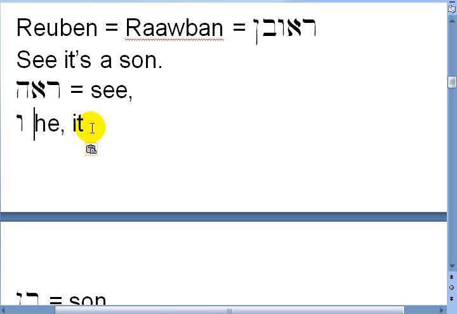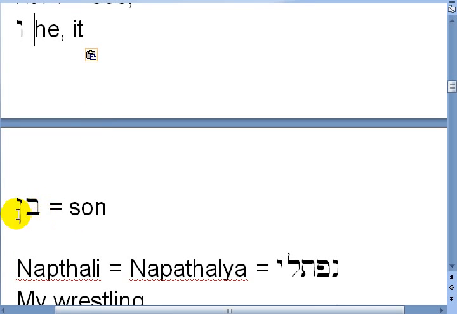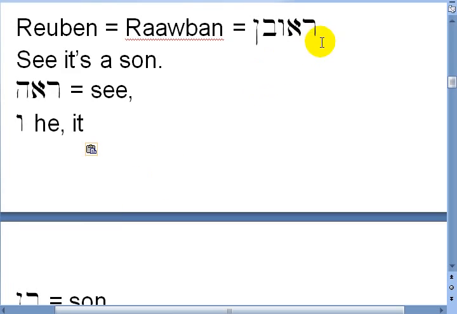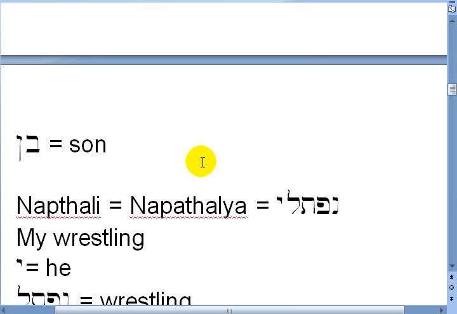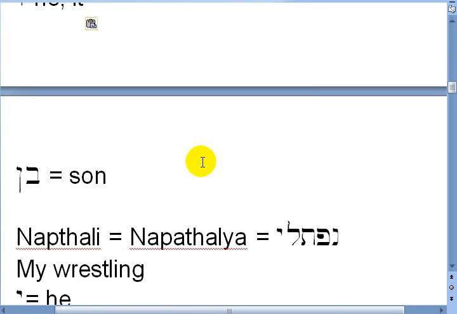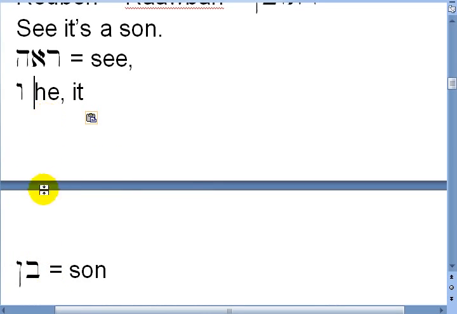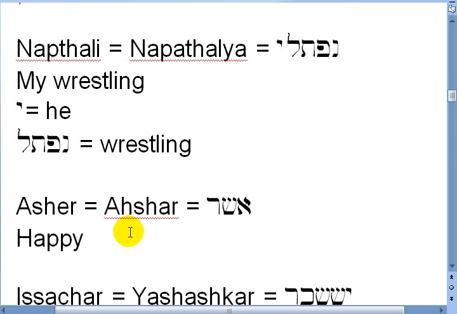So the ra'ah, as you see here, is "see," the wa is "he" or "it," and then the bun at the end there is "son." So see, it, son. See, it's a son. The reason why I didn't realize that this was here is because it got separated on the page. The next one is Naphtali, Naphthalia,